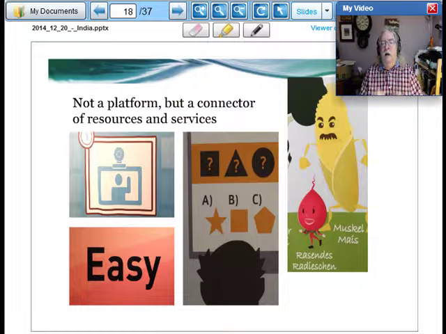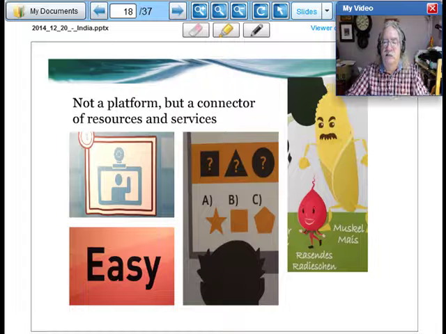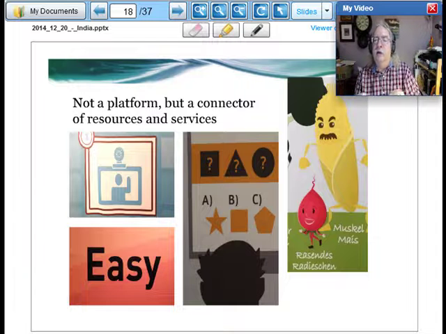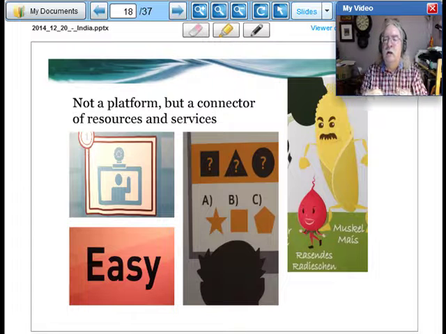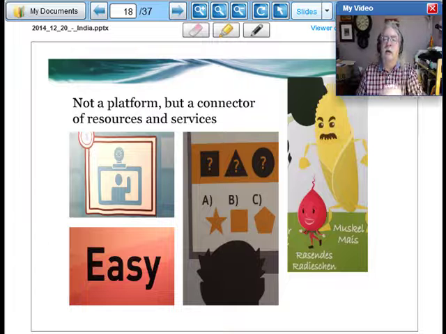Now again, we're not building a platform. We're not building a single thing that everybody comes into and connects. So it's not another Facebook, it's not another Twitter, it's nothing like that. It's not another learning management system. We're not recreating Moodle or anything like that, because again, we want to underline that this model, this approach to pedagogy is based on connecting interconnected objects.